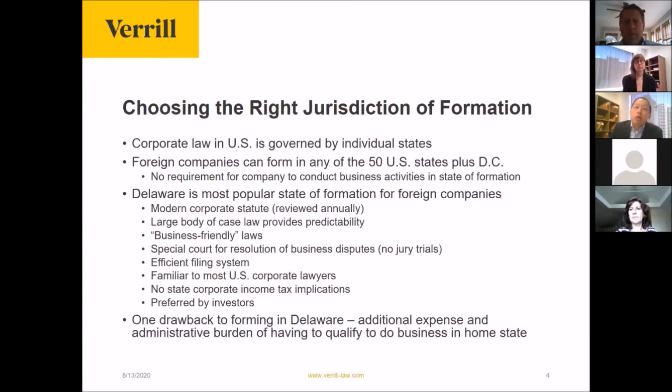Delaware also generally has what's considered business-friendly laws. For example, it's very hard to pierce the corporate veil in Delaware. Delaware also has certain rules that facilitate the management of both day-to-day operations and significant corporate events. So, as an example, the stockholders of a Delaware corporation can act by written consent with only a simple majority. Many other jurisdictions will require unanimous consent of stockholders.